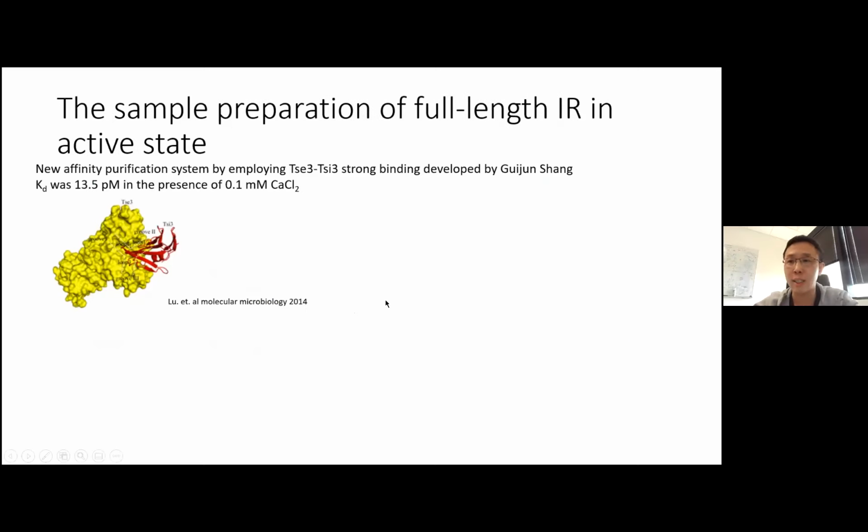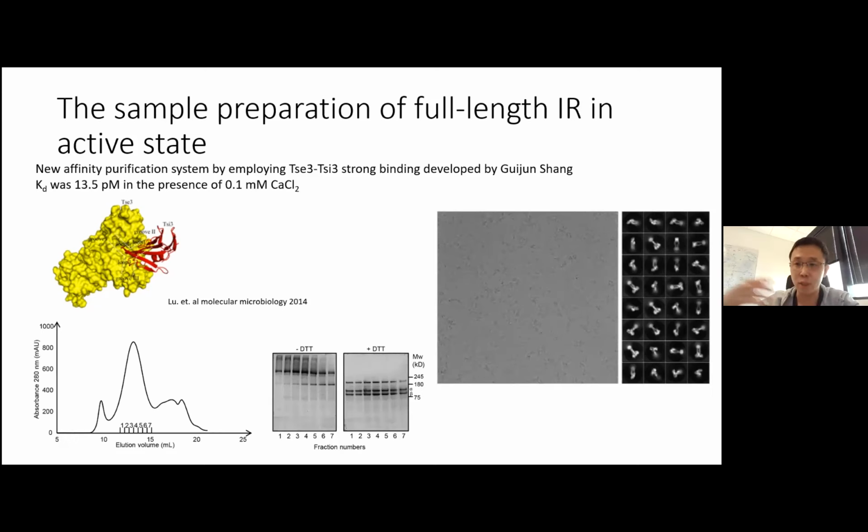Another trick came from a postdoc in Xuewu's lab. He developed a new affinity purification system using the strong binding between TSE3 and TSI3, a toxin and antitoxin protein pair. Because the binding affinity between the two proteins is really high, in the picomolar range, we can fish out a lot of protein from the cell even when the expression level is not so high. With the help of these two tricks, we can get enough protein for the structural EM